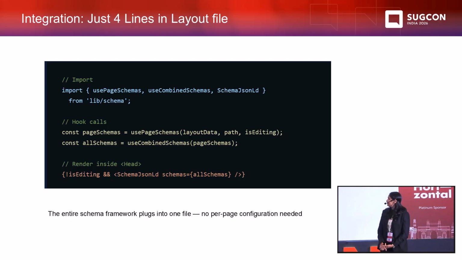Next slide, the integration on the front-end side. So this is the best part, where people get surprised. You can integrate the whole schema framework in your Next.js application with only 4 lines in your layout service JSX. So first you need to import the context utility and the component. Then you have to call 2 hooks, first useSchema page. So basically it will take layout data, path, and isEditing,